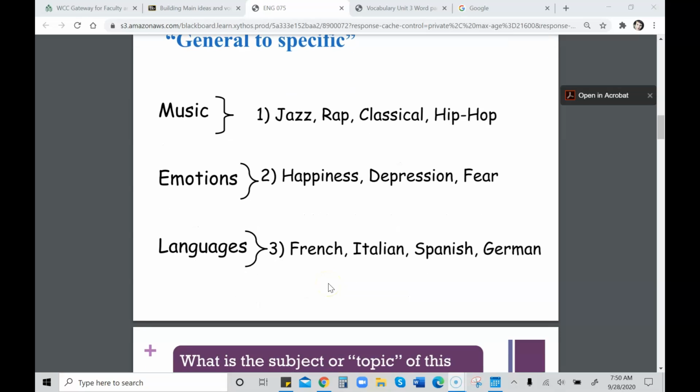So again, the biggest issue of Writing Center 3 that some of you dealt with is that you weren't specific enough when you built your topic sentences. So you used topics like music or vacations and such, but what we wanted to do is give me something specific. So in this case, music might be a type of music, a genre. Emotions might be a particular emotion, or a language. You could focus on learning a particular language if you wanted to, but not that general idea.